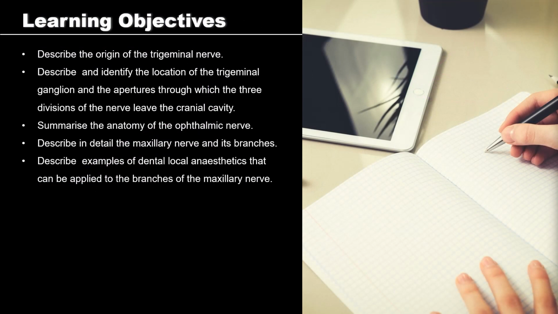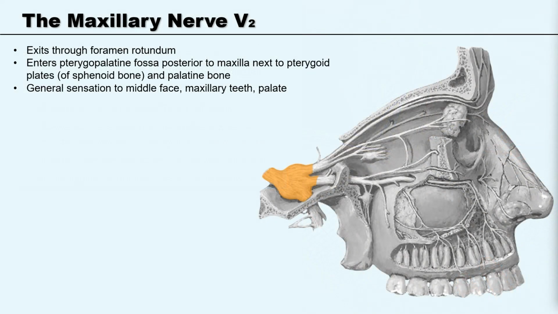So let's move on and look at something much more relevant and interesting, the maxillary nerve. We've already seen the maxillary nerve arises from the trigeminal ganglion and briefly crosses the floor of the middle cranial fossa, and then leaves the cranial cavity by passing through the foramen rotundum, where it enters the Pterygopalatine Fossa. This is a space between the maxilla and the pterygoid plates of the sphenoid bone and palatine bones. Its overall course is to travel anteriorly and supply the general sensation to the middle face, maxillary teeth, and the